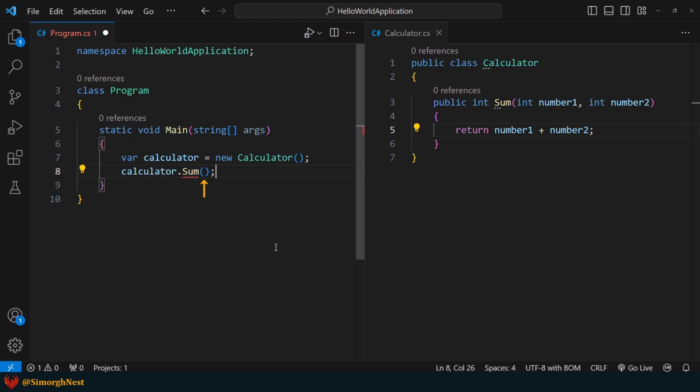Inside these parentheses, we can provide some arguments. Arguments are the actual values that we pass to the method's parameters. The arguments must match the parameter types and order that are defined in the method. For example, the sum method has two parameters of type int, so we need to pass two int arguments when we call this method.